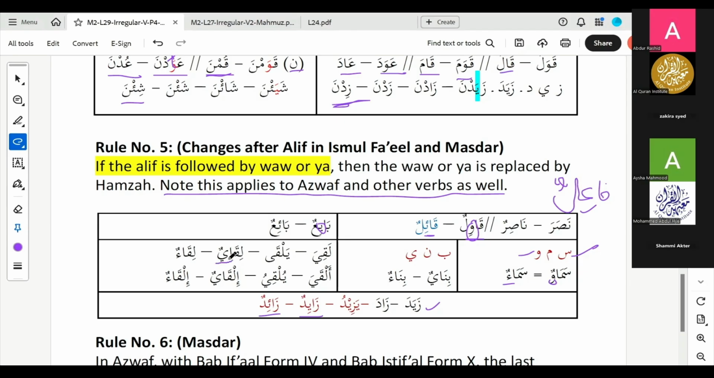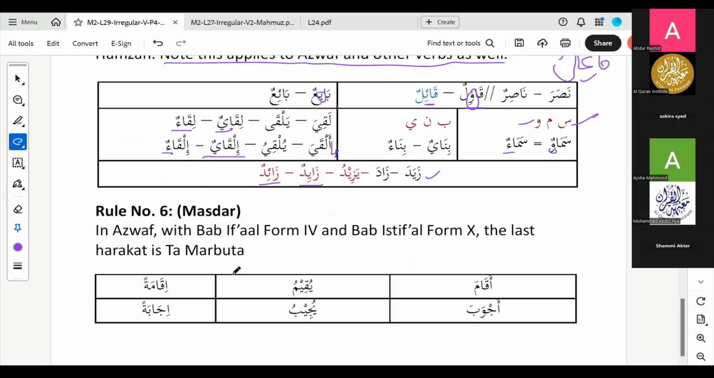So the ya changes to hamza. This is form 4. Alqa, yulqi. The masdar of form 4 is if'alun. Based on if'alun, ilqayun. So alif followed by ya turns to hamza. Ilqa'un. So the last rule here is in ajwaf, the bab if'al, form 4, and form 10 bab istif'al,